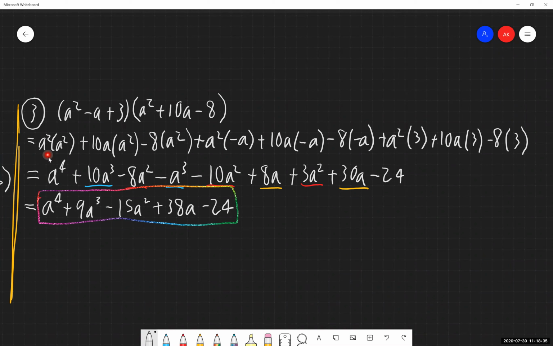Looking at each of these parts individually, a squared times a squared. Did this yesterday with our 6.1 or 6.2 material, I think it was. And individually, I don't think it's too terrible for us to do. I think it's one of the easier things that we've worked with throughout this entire quarter. So if you do just that part, there you've got it. You can go individually through each of these.